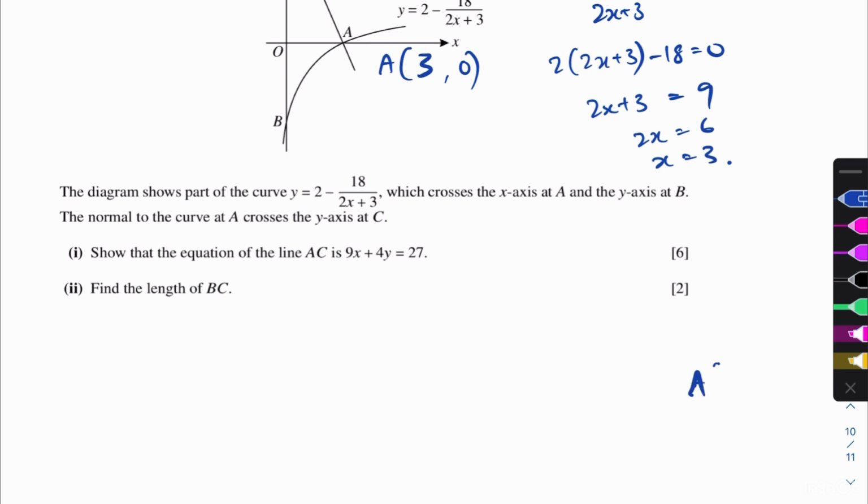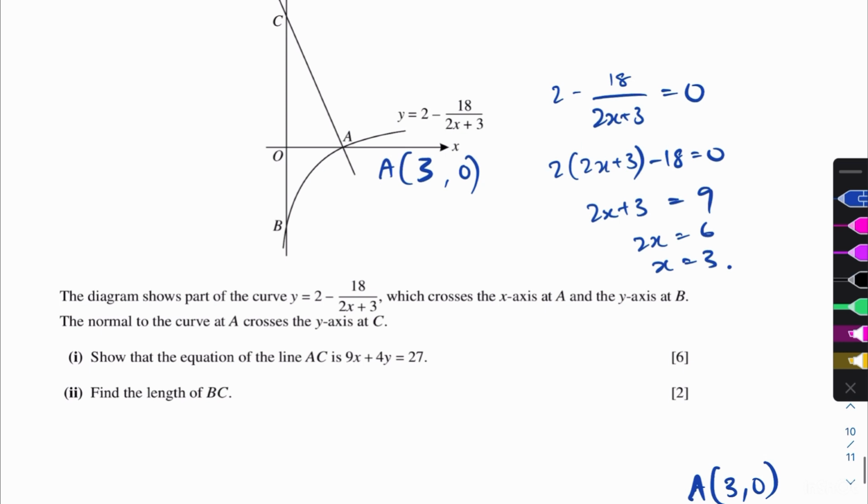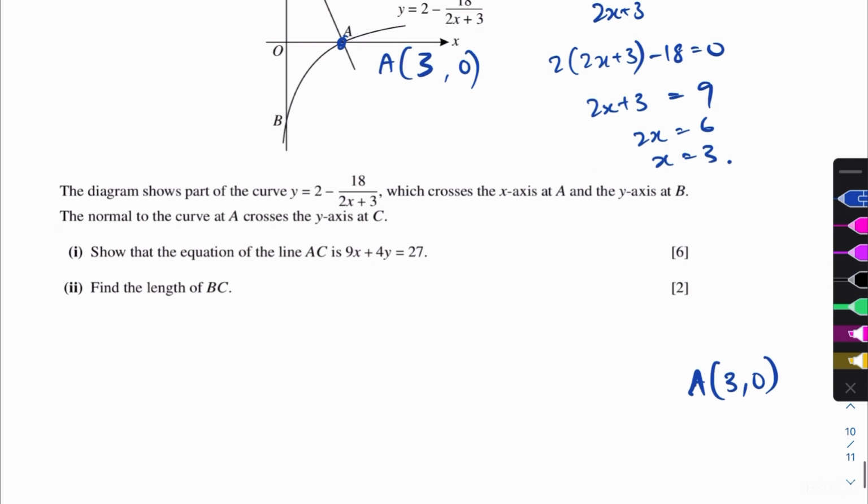So let's just note that down here as well, because we're going to need to use that later. And the next thing we need to do is find the gradient of the curve at A. And we need to do that because we need the gradient of the normal at A. And we don't have anything to do with the normal yet. So we've got to find the gradient of the curve, and then we find the perpendicular gradient to that. So finding the gradient of the curve, you just need to differentiate the curve and substitute the value of A in. So differentiating